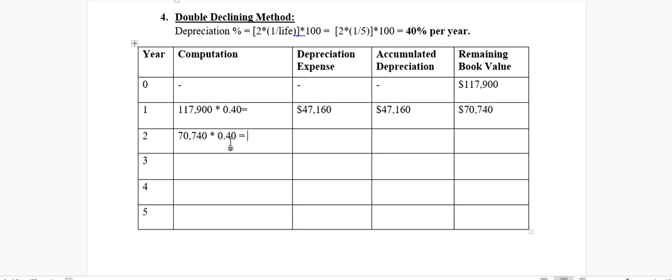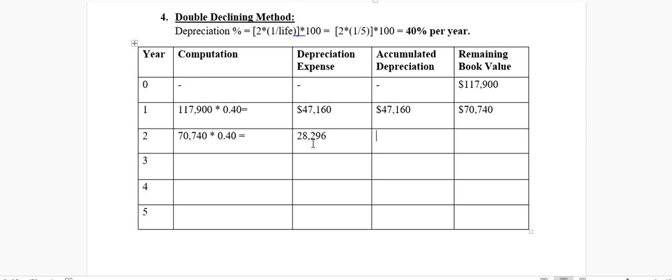So what's the point here? The point here is that the depreciation percentage does not change. It remains constant. What is variable here is the value on which it is multiplied. Once you multiply 40% with 70,740, we get